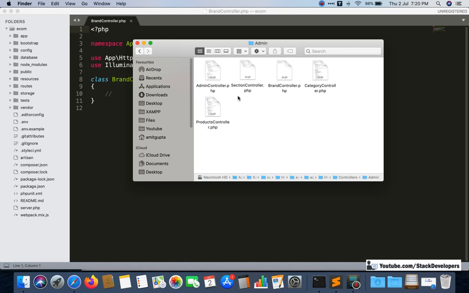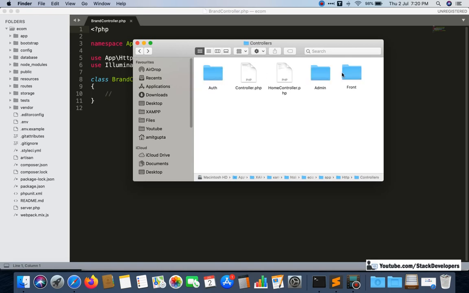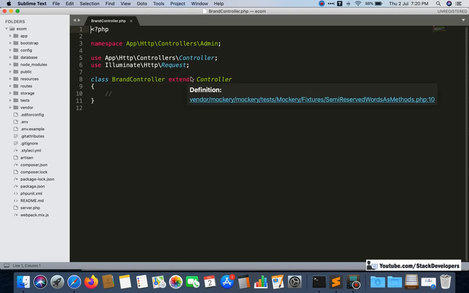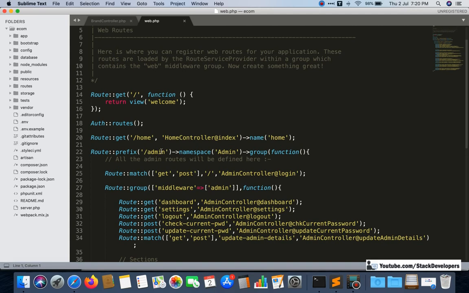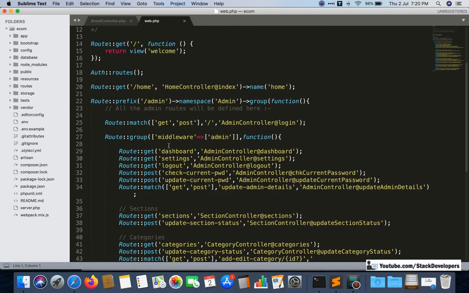You can see that all the controllers we have added are in the admin folder: admin controller, section controller, brand controller, category controller, and products controller. When we start working on the front end, we will add the controllers in the front folder. For that we have created separate routes for all the admin.